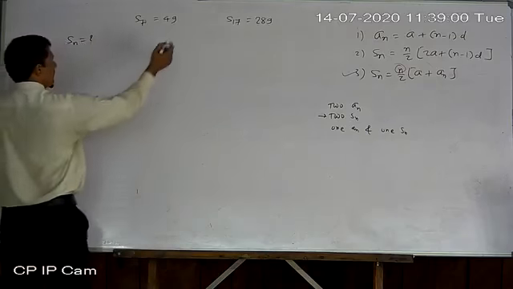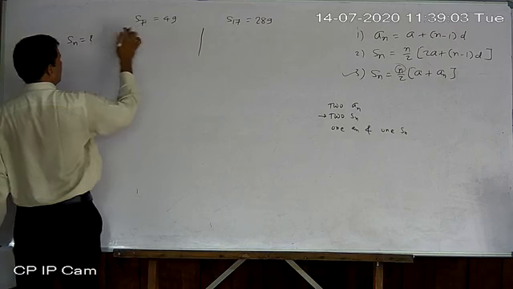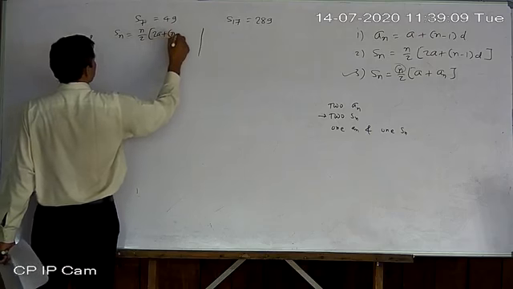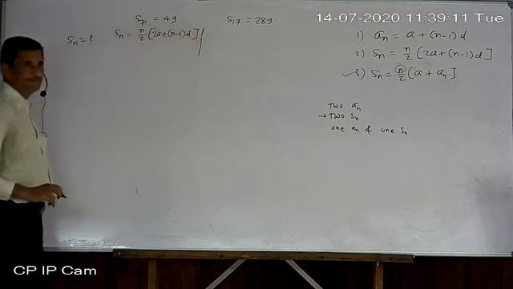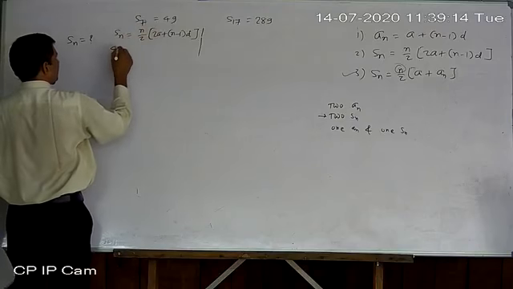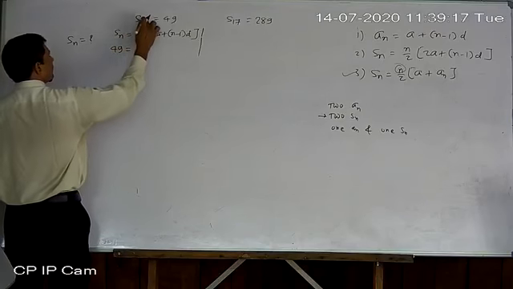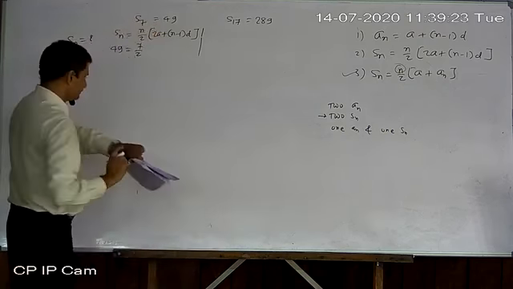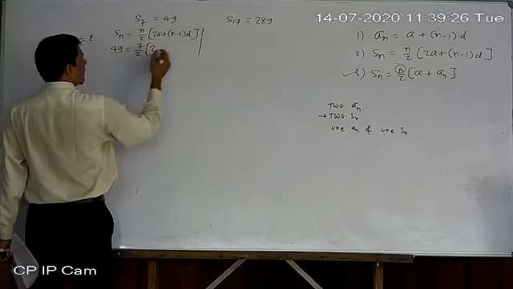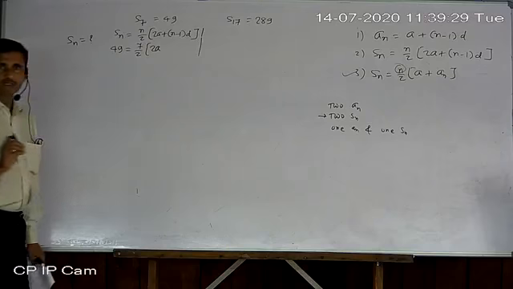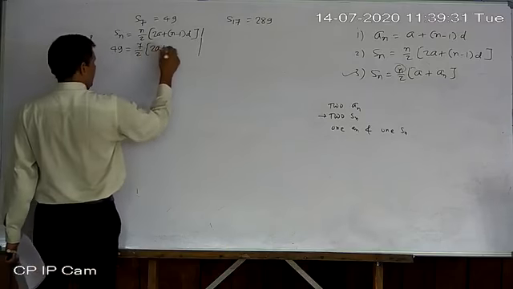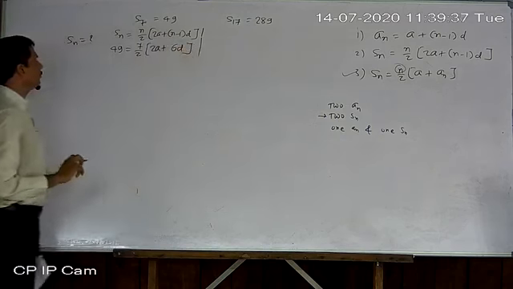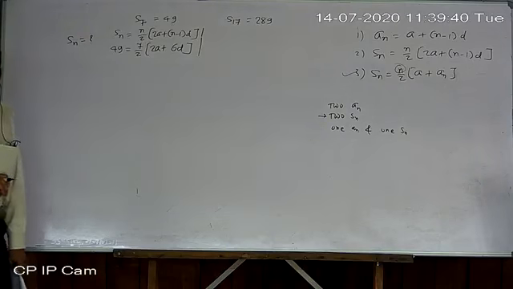So now write down both equations, but here they cannot be written directly, so use the formula. Then only you can find the equation from the data. Now Sn is given as 49, and n itself is 7. Why? Whatever number is given in the subscript, it is n. Now write down the value of whatever variables you know. So a is not given, n is given 7. So 7 minus 1, 6. So you get 49 equal to 7 by 2, 2a plus 6d.